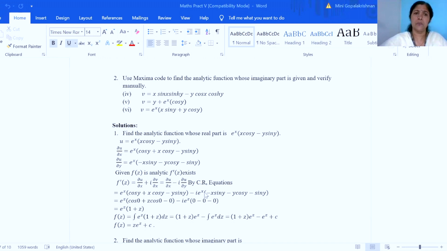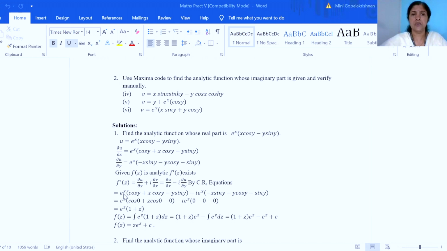So we write both dou u by dou x and dou u by dou y values here, and we can see how complicated f dash z is, because we know if we need f z, we have to integrate f dash z to reach f z. And the integration process is very difficult because in our single integral, we have 2 variables in it. Okay, so we apply the Milne-Thomson method, where x is converted to z and y is converted to 0.